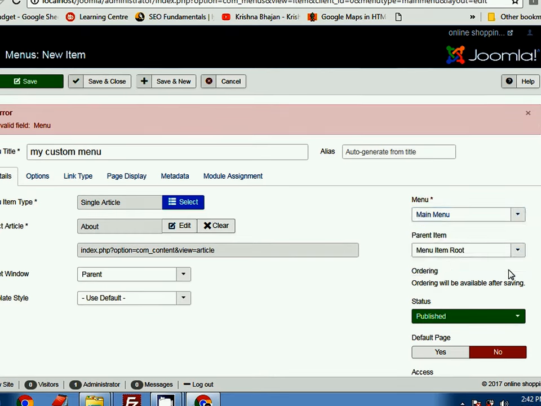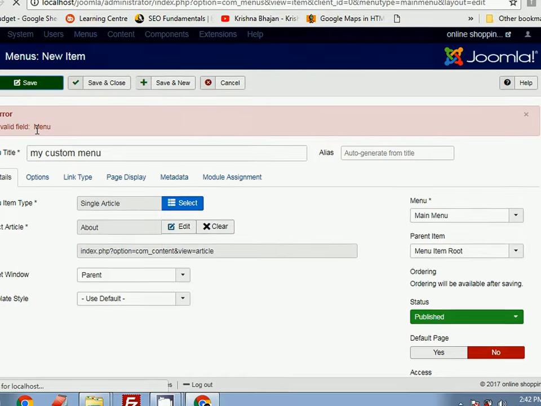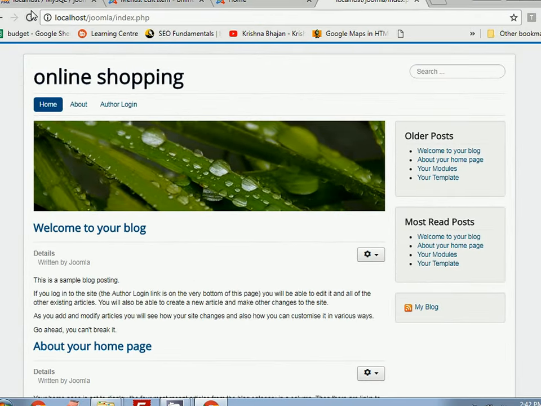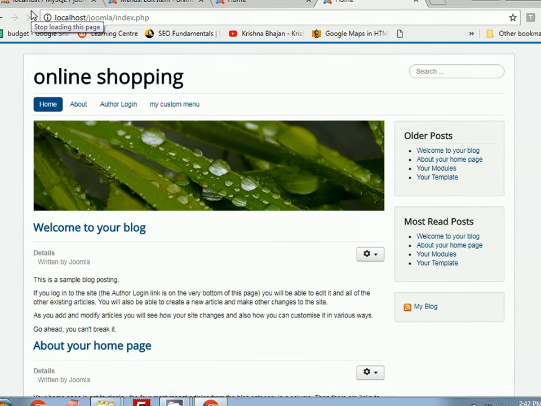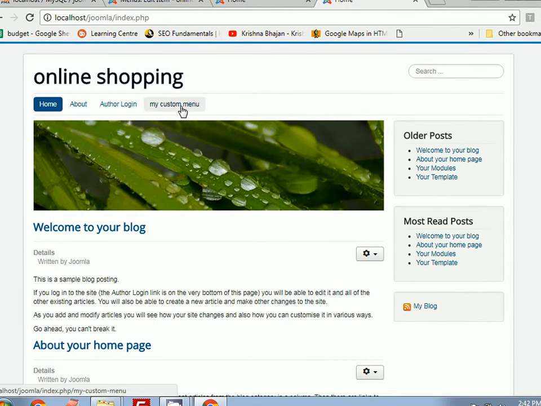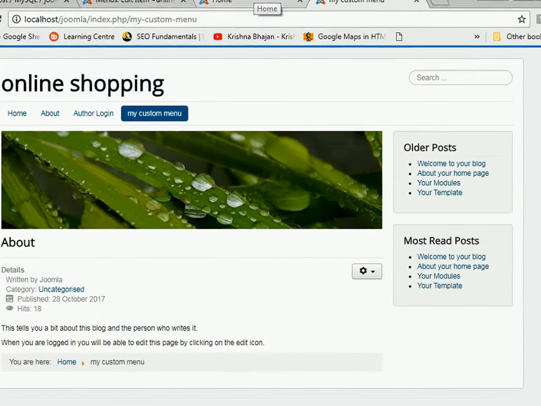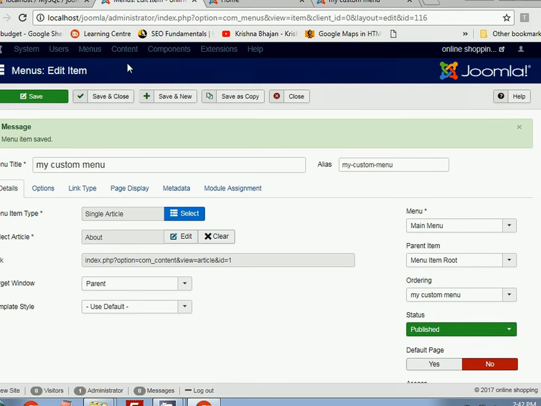So if you want to show on main menu, you select main. This was the error that was showing, invalid field menu. So you can see on the front end there will be another menu item added, my custom menu. So this is your my custom menu, and it will be showing the same text that is written there. So this is all about menu.